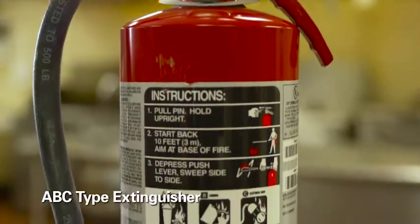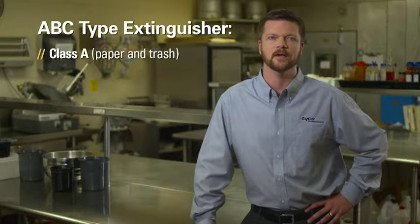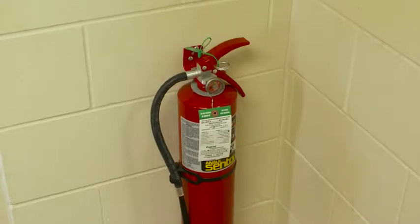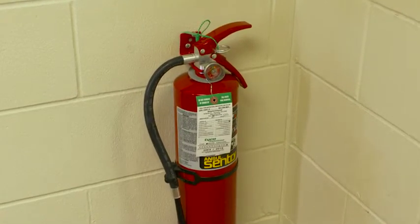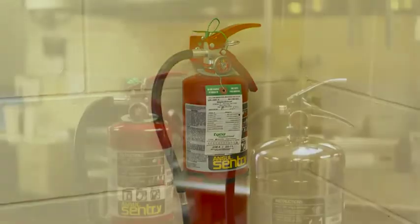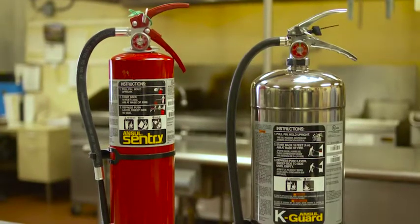The dry chemical type are ABC type extinguishers and meant to be used to extinguish fires related to Class A, paper and trash, Class B, flammable liquids, and Class C, energized electrical equipment. The ABC type extinguisher is found throughout the facility, both in cabinets and hanging on the wall. The ABC type extinguisher is meant to put out all fires not related to the cook line. It is extremely important to note these extinguishers are to be used only as backup to the fixed fire suppression